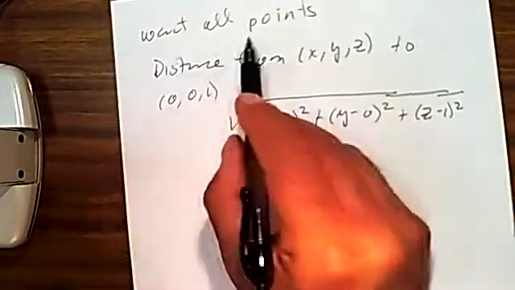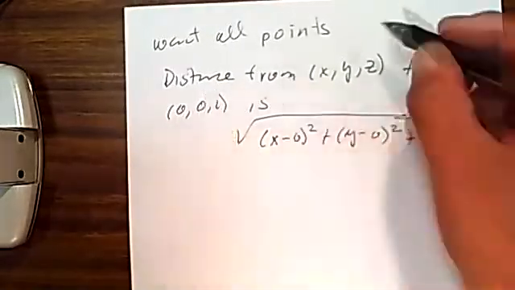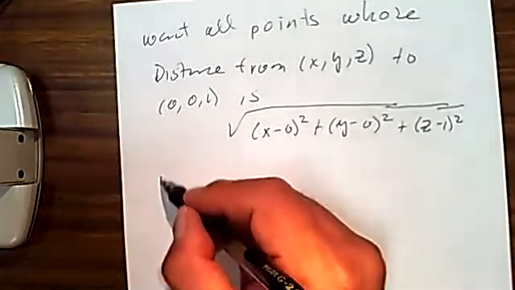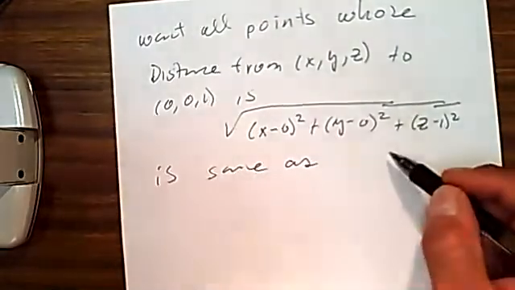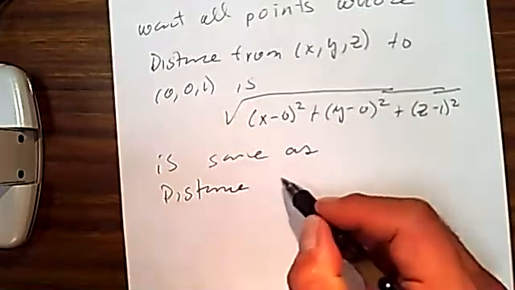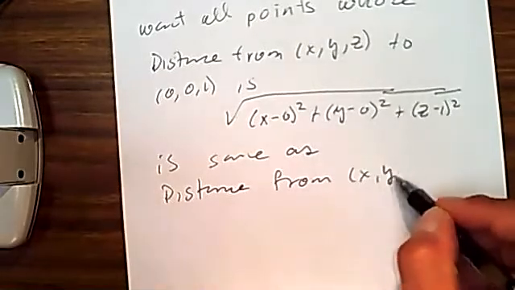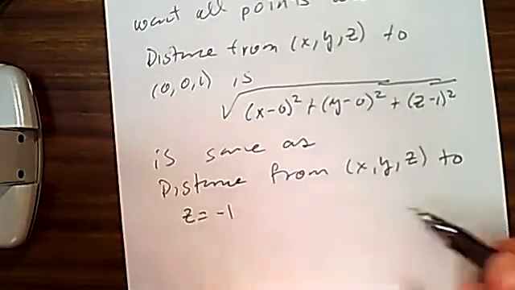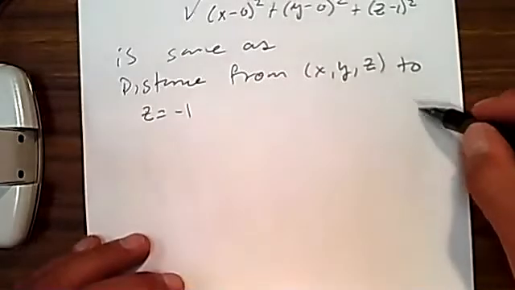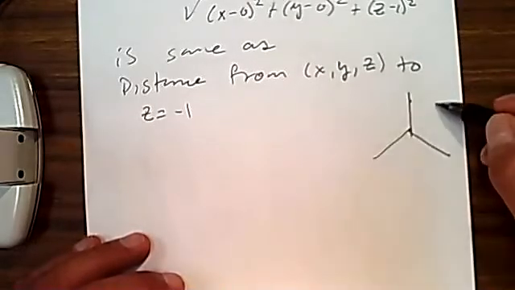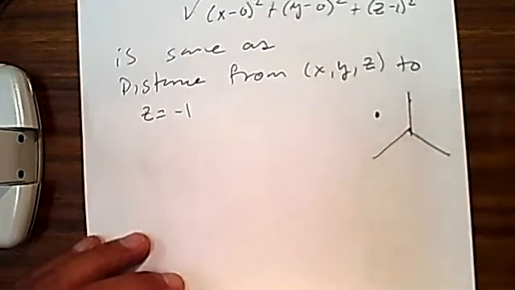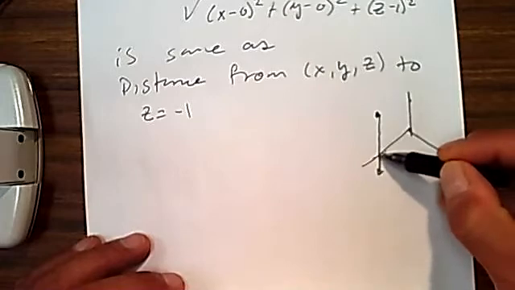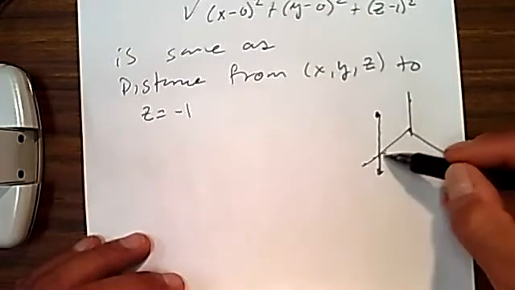So we want all points whose distance from x, y, z to (0, 0, 1) is the same as the distance from x, y, z to z equals -1. Now let's think about this for a moment. If you have a point with coordinates x, y, z, or a, b, c, whichever, and you want to know how far it is from the plane down here, the plane that is 1 unit below the xy plane, below the floor,